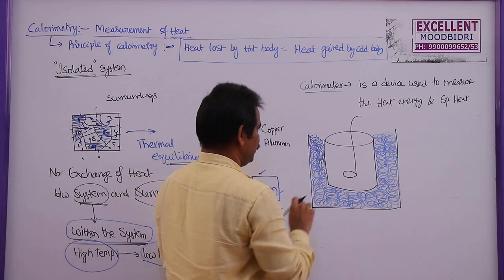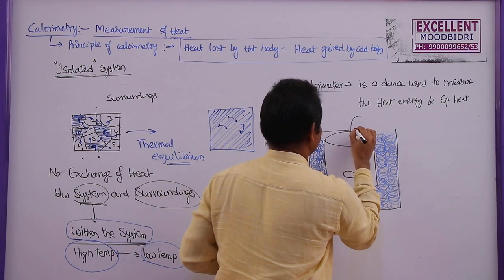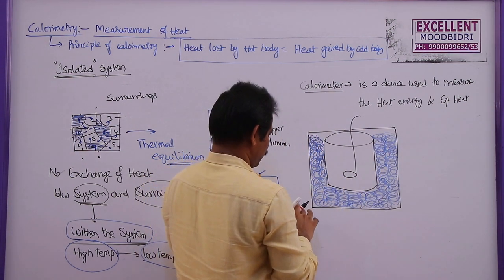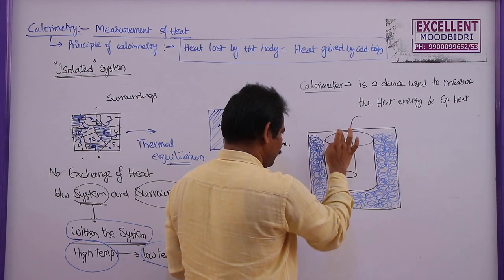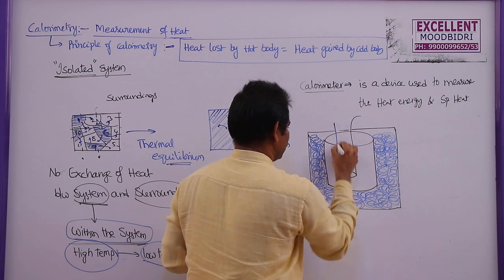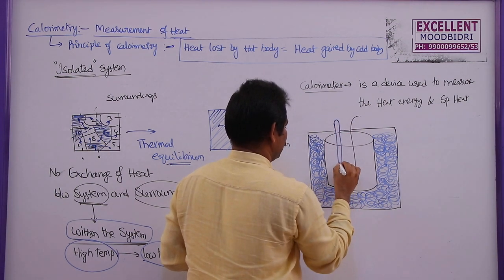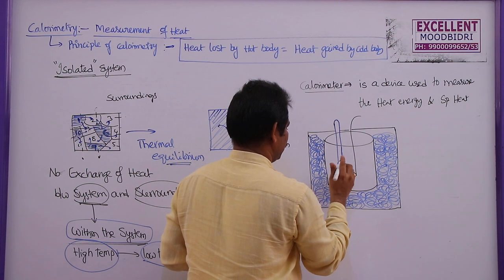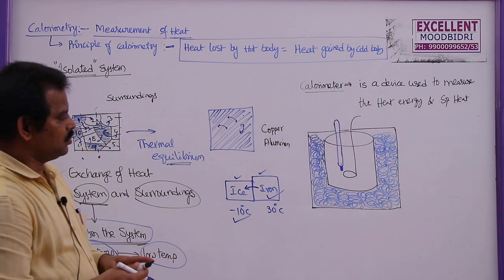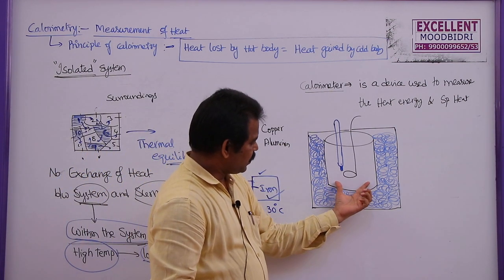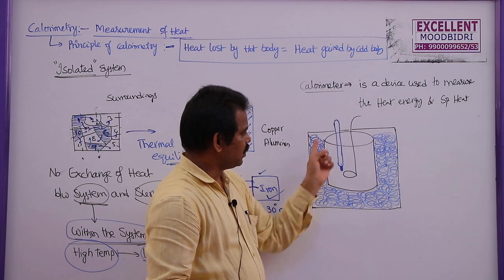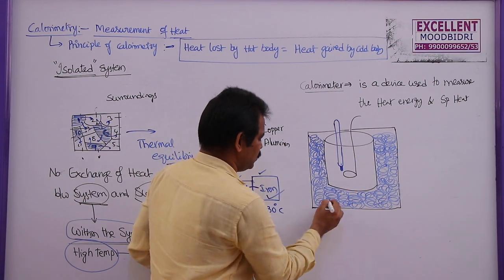So it consists of a lid through which we can keep this stirrer. This is the lid provided here. Now one more small hole will be provided here to keep the thermometer, which is used to measure the temperature. So this is a calorimeter. It consists of a metallic vessel, a metallic stirrer, a thermometer, a wooden box with a lid and a glass wool bowl.